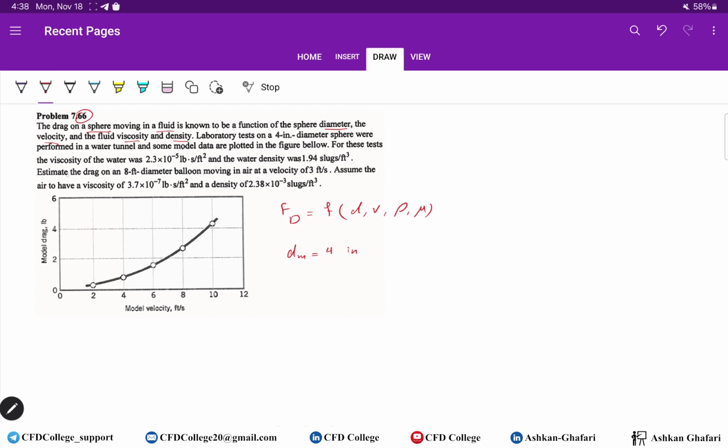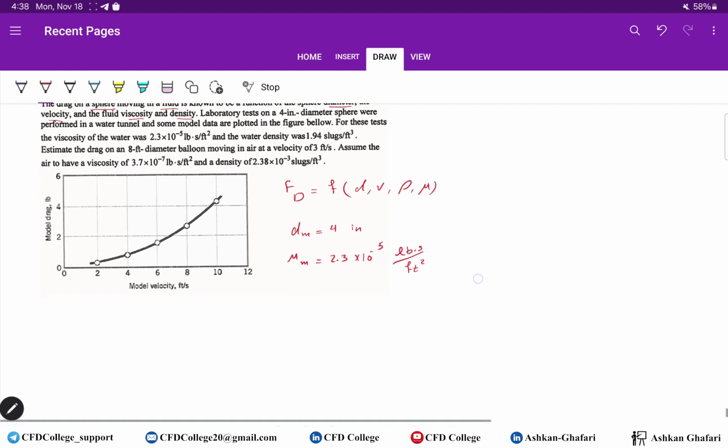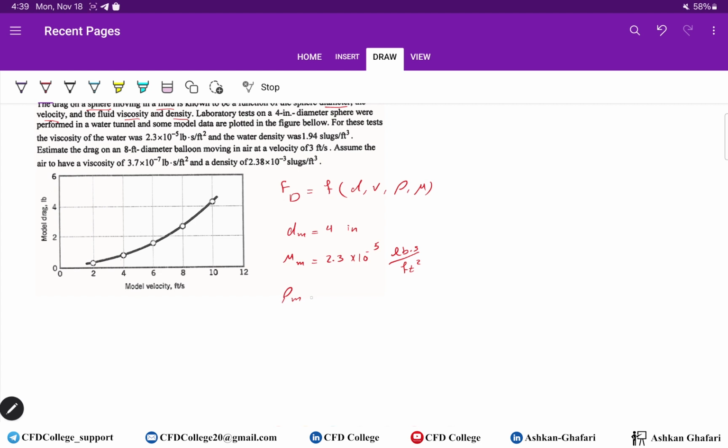For these tests, the viscosity of water was, so mu m equals 2.3 10 to minus 5 pound second per square feet, and the water density was, so rho m equals 1.94 slugs per cubic feet. Estimate the drag on an 8 feet diameter balloon, so D is 8 feet,